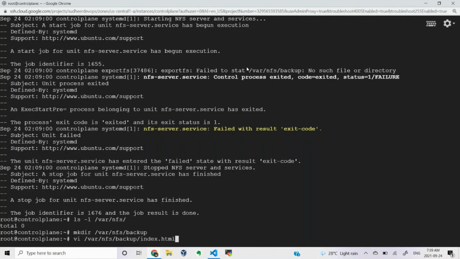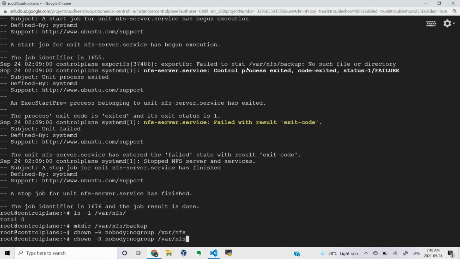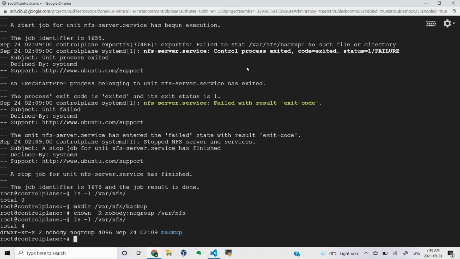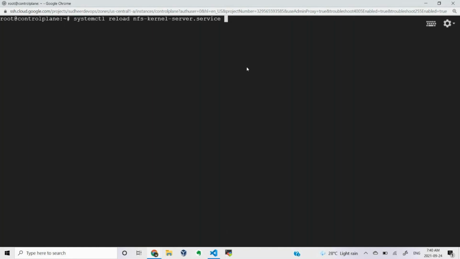Let me see the previous commands. I created this. Now this is available right now. That's okay. Now if I restart my service, it says not active, so it cannot be reloaded. So I have to do a restart. Now it is successful. So export fs. Okay, done. Now if I look at the status of my pod,